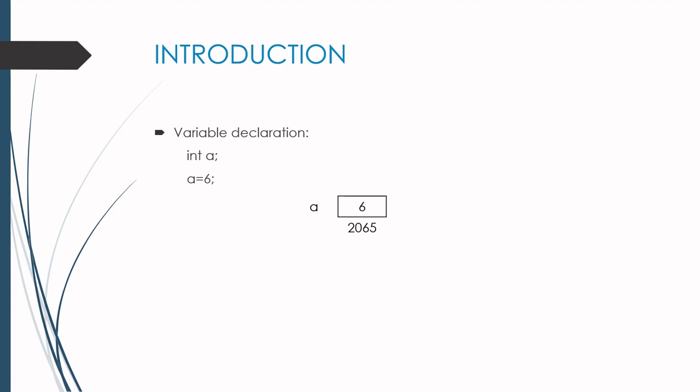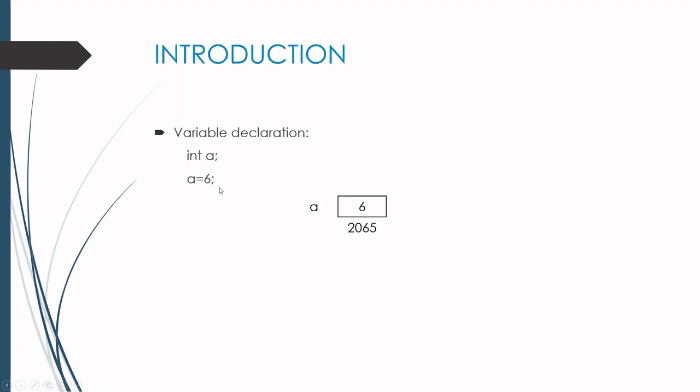For example, here I have declared the variable int a and I have assigned the value 6 to the variable a. So what it means is, once you declare a variable, some free memory space will be allocated for that variable, and the data type tells what type of data you are going to store within that memory location. For example, here int a means some free space will be allocated for the variable a, and we will be able to store only integer values.